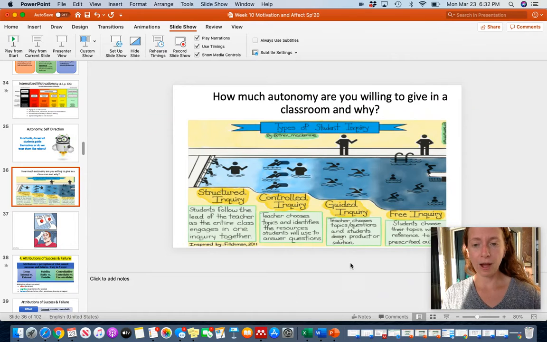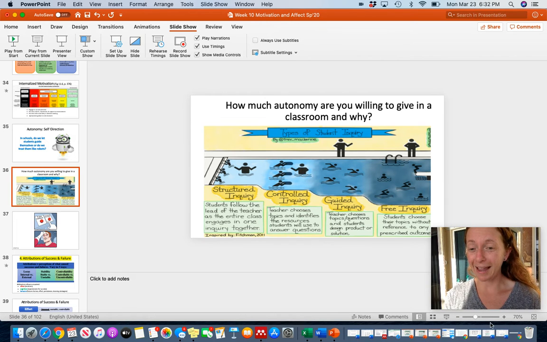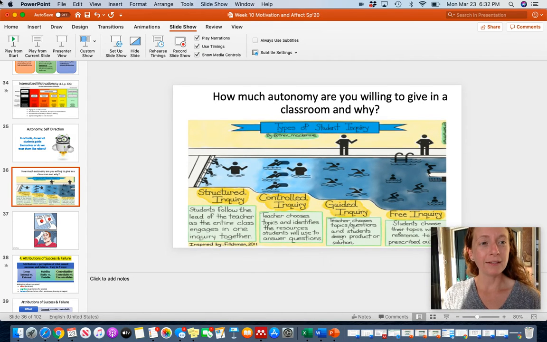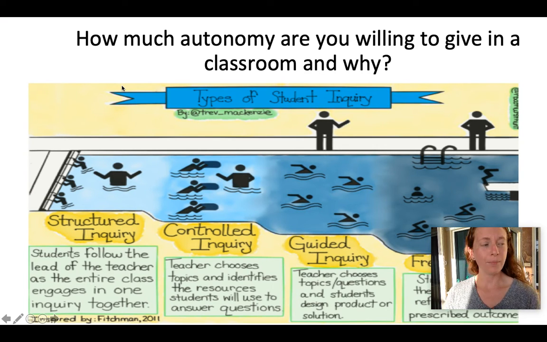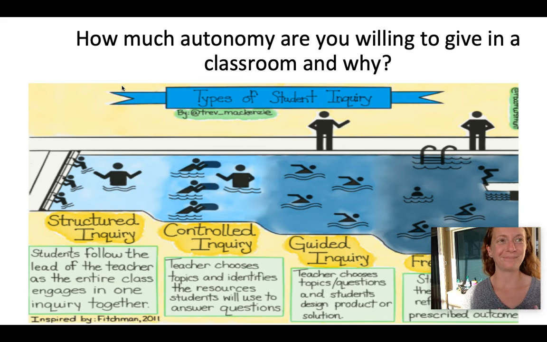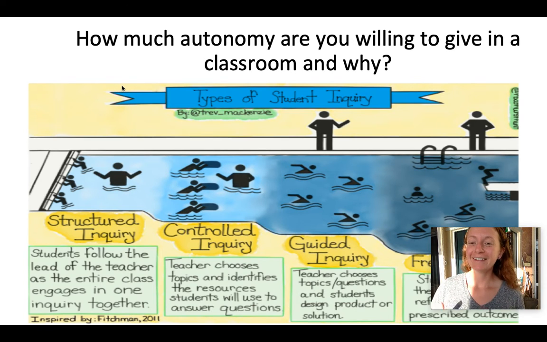And then you've got things like free inquiry, where students choose their topics without reference to any prescribed outcome. And so this one looks really pretty and it sounds good, but it's very difficult to do. I would say, if schools were less like a business in terms of academic testing, and we were actually letting kids learn and explore based on what they love, free inquiry would be what we'd want.